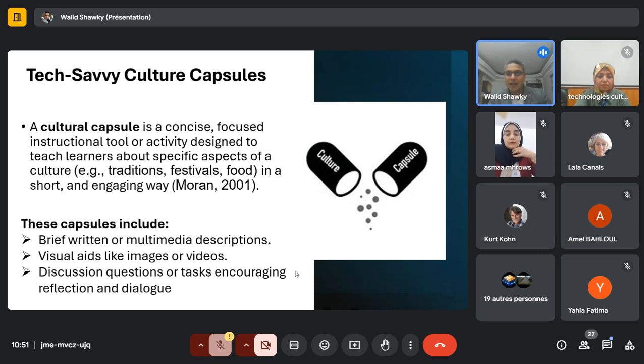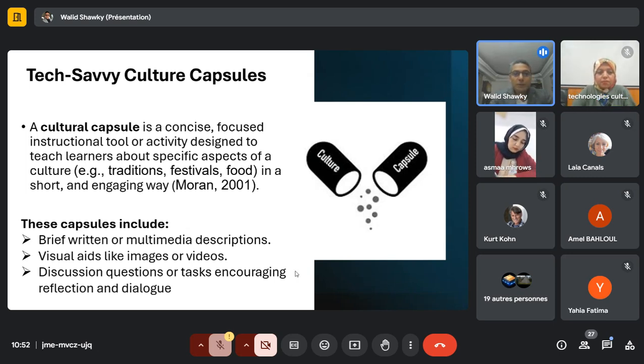We have classes where, in most cases, our students are not from the same culture. Even if they're all from the same country, they come from different parts of the country, and these students have different cultures. So it's the teacher's role to adapt, to get this knowledge into the classroom and get students to practice the language reflecting their own culture into the classroom.